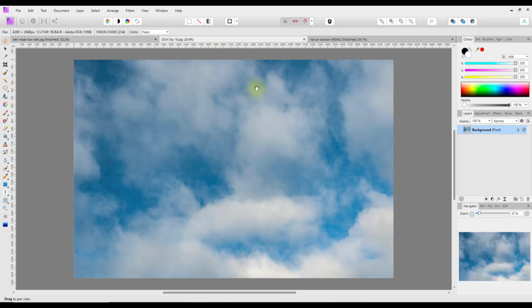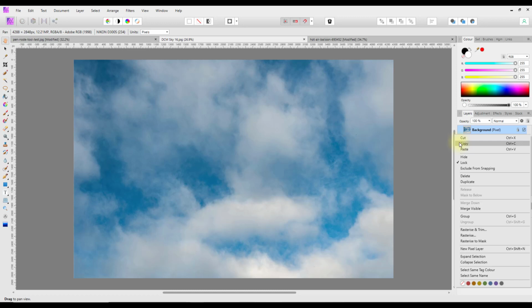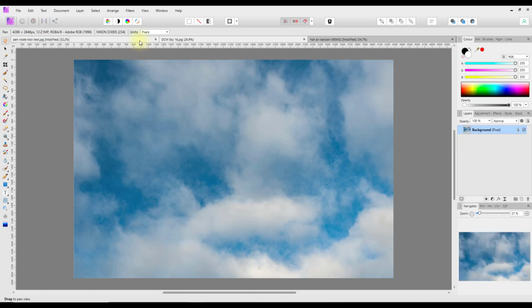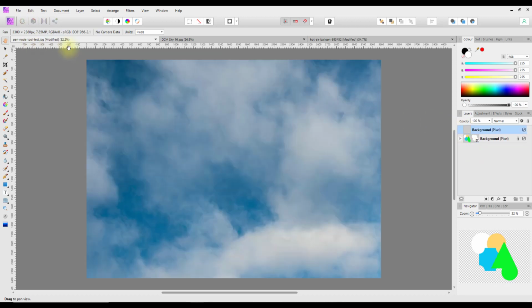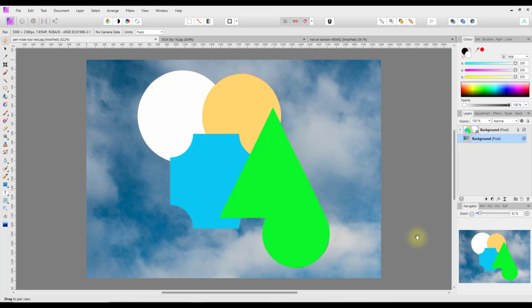If I wanted to change the background from what it was, I could bring in a new background just by copying it, then pasting it and dragging it below that area, and so you've got a new background for whatever it is that you've selected. Now, just to show you, this is fairly easy on shapes like this,